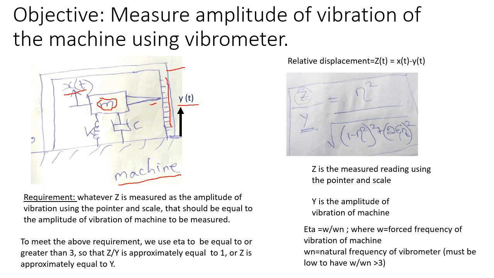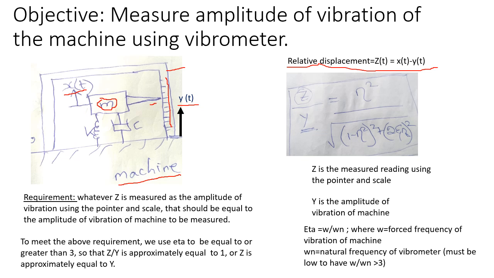So you have a spring and a damper, and when both are moving, this is moving with x of t and this is moving with y of t, what happens is you have this relative displacement. When you try to take the reading with this also moving and this also moving, it is like a sheet of paper is also moving and your hand is also moving while writing. So it is like that. So you have to take the relative displacement. So what is the relative displacement? It is z of t is equal to x of t minus y of t.